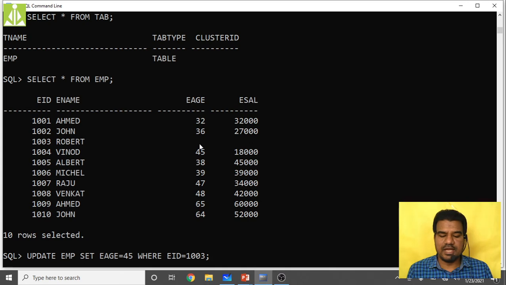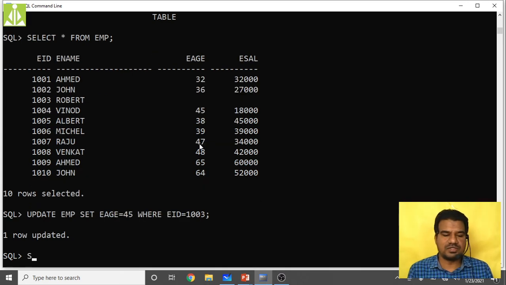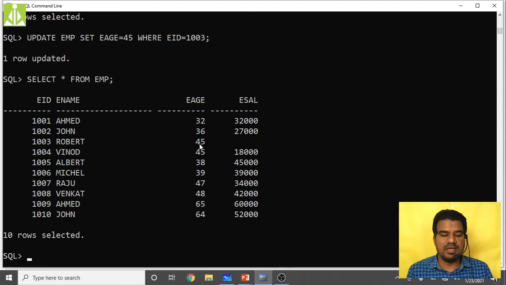Put the semicolon at the end and hit the enter key. See, one row got updated. Again select star from employee. Now for Robert also we got 45. Okay, now just roll back.